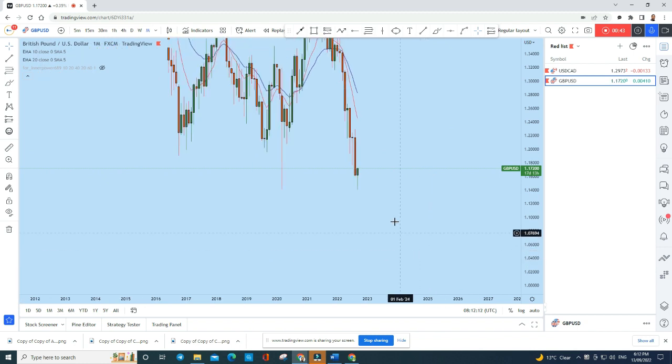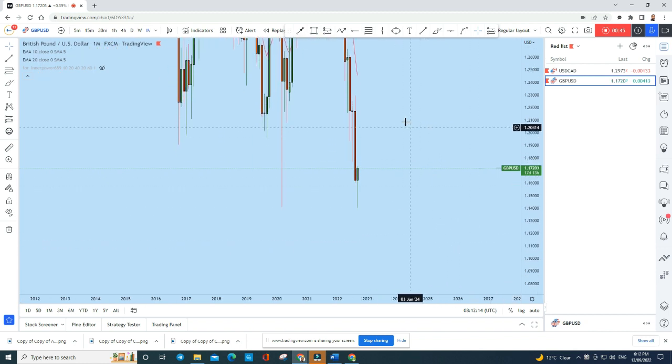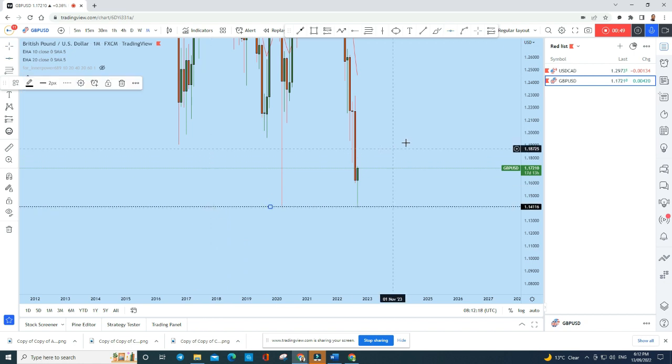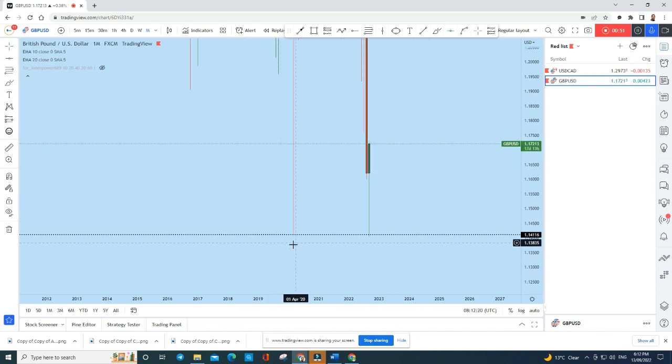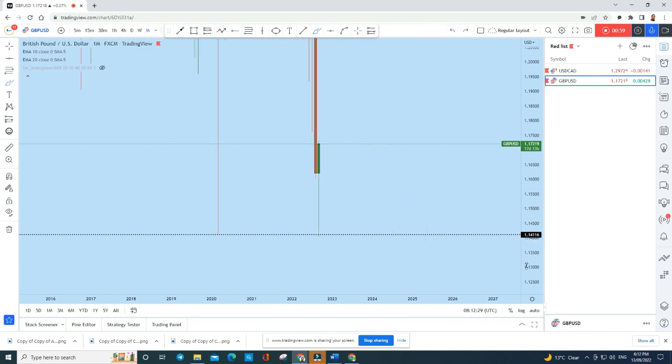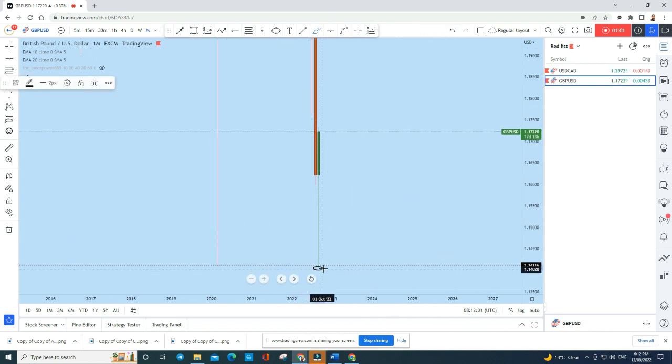Now, British pound US dollar on the monthly perspective, we have seen that there is a bounce from this very, very important level of support. If you look closely, this long wick candle was created during the pandemic time and the price came to the same level of support. You can see that a couple of pips penetrated to the downside, grabbed the liquidity and had a strong bounce